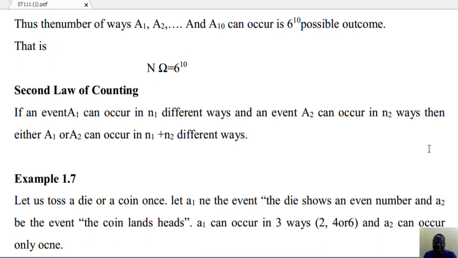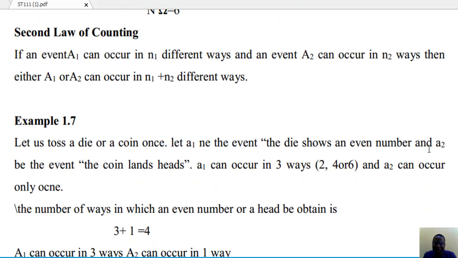The second law of counting says, if an event A1 can occur in N1 different ways and an event A2 can occur in N2 ways, then either A1 or A2 can occur in N1 plus N2 different ways. So using our example, let's toss a die and a coin. Let A1 be the event that the tossing of the die shows an even number, and